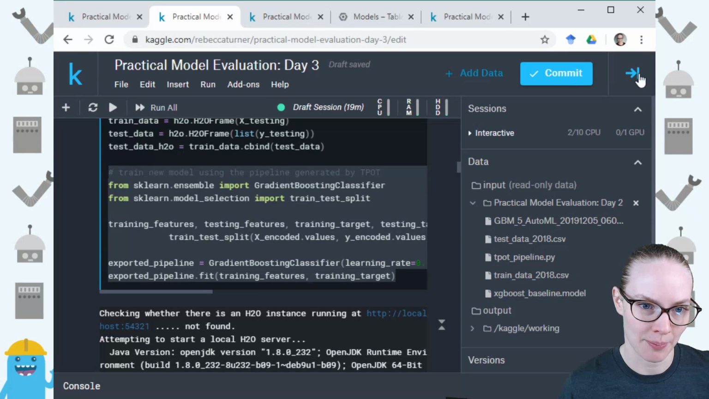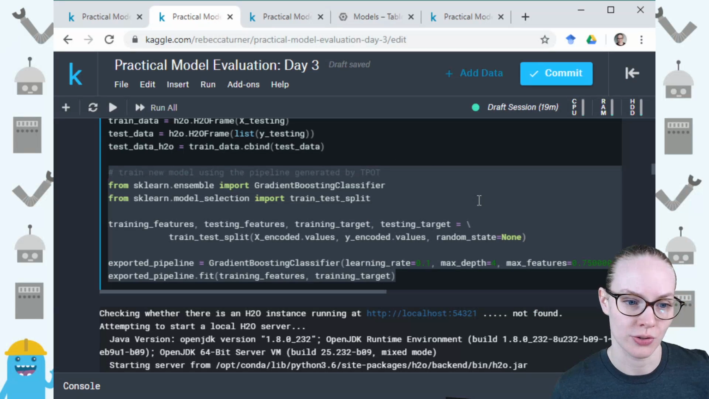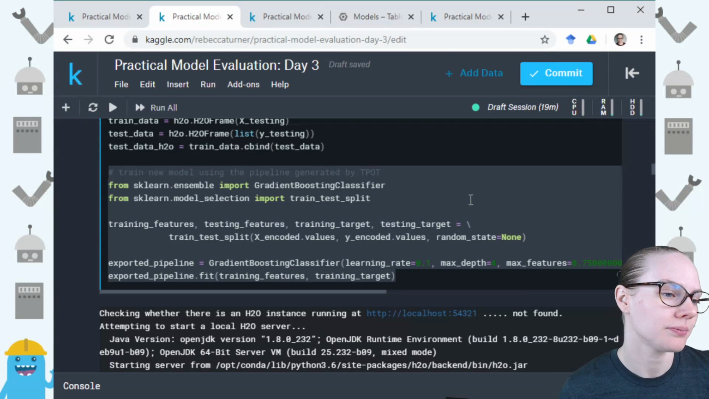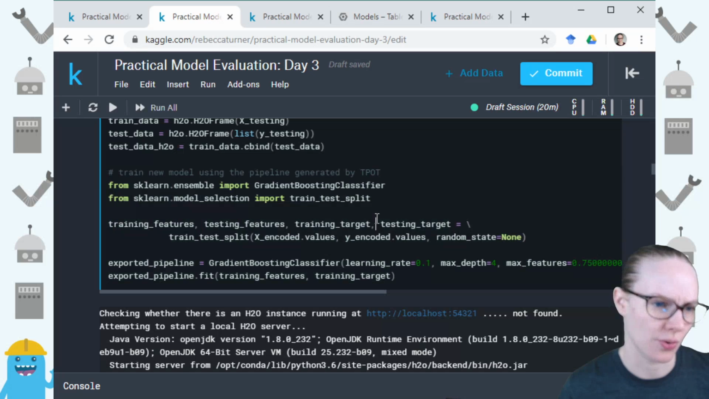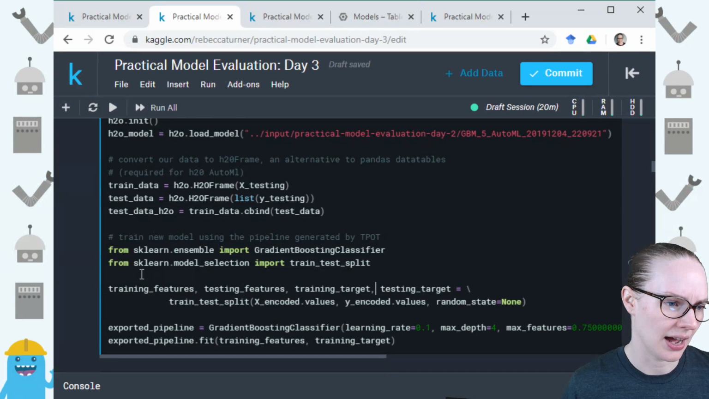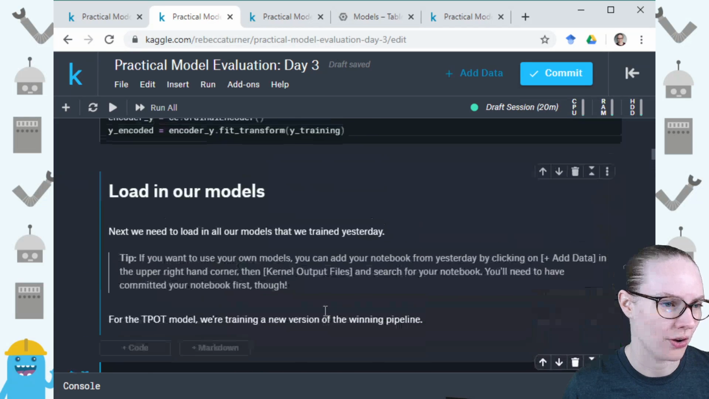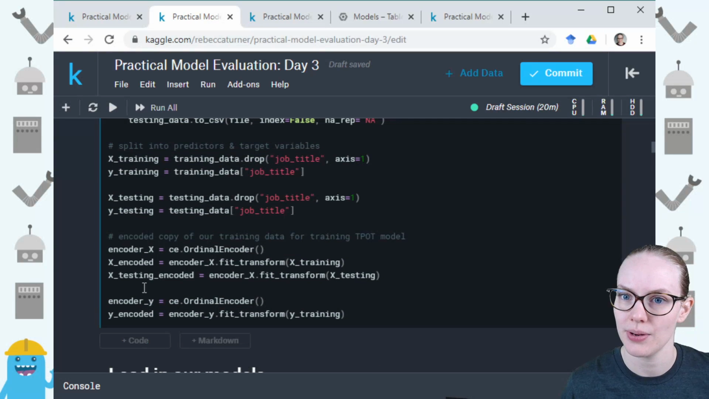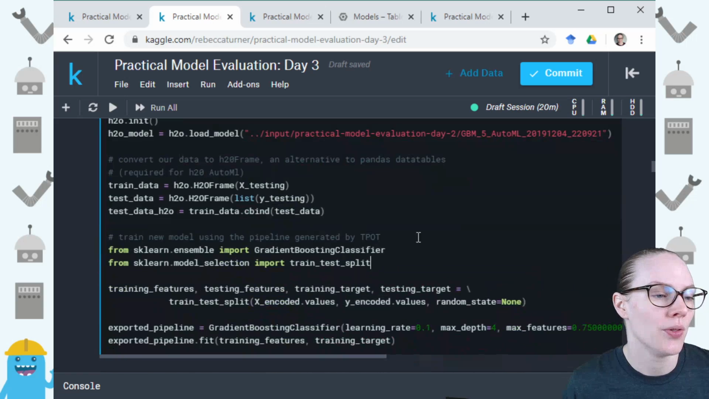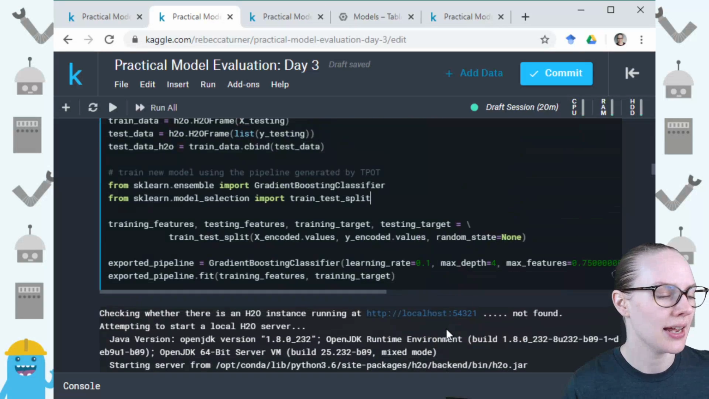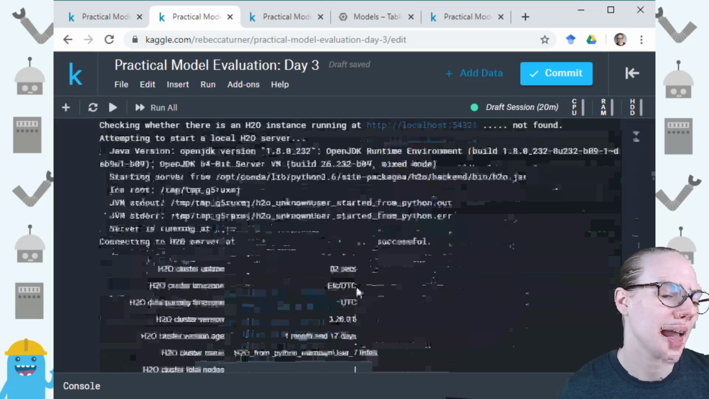And then this last section is the code portion from the TPOT pipeline.py. So we're just retraining a model using the winning pipeline. And I modified this a little bit. So for example, it'll take in these X encoded dot values and Y encoded dot values from the encoding that we did up here. So this is training all of our models. And then we have